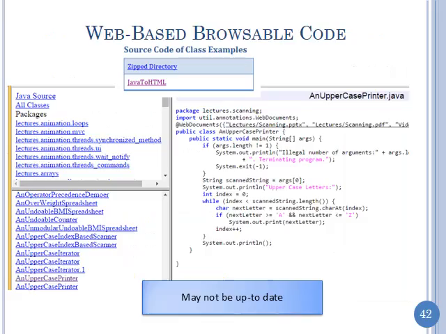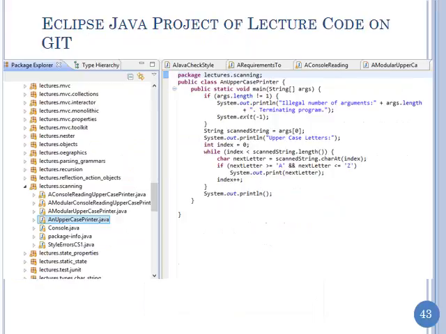Okay, and this course is about code, and that whole code is available to you in two forms. One, it will be available to you on the web. You can just click through the table of contents of all the code that we talk about and see the code. And you can also